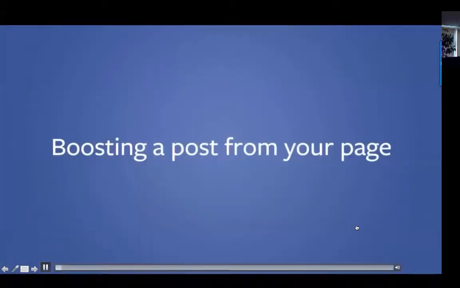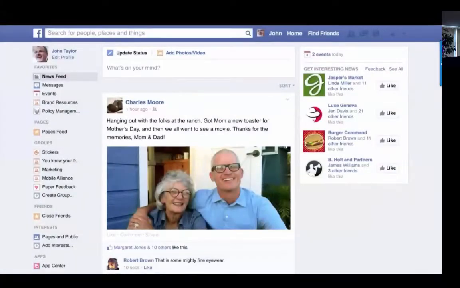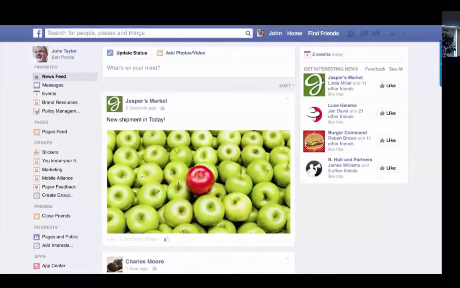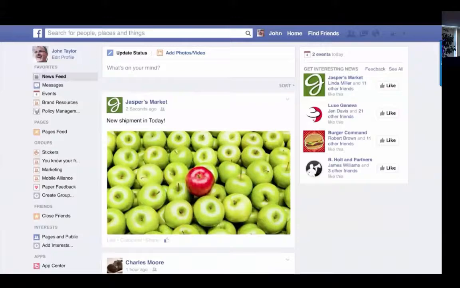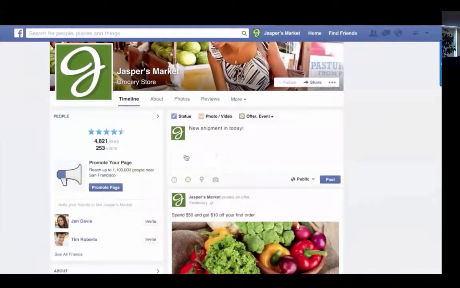Boosting a post is an easy way to reach more people who like your page and people who don't know about your business yet. When you boost a post, it may appear in your audience's newsfeed, the constant stream of updates from someone's friends, family, and things they care about. You can boost a post when you create it or after you publish it.